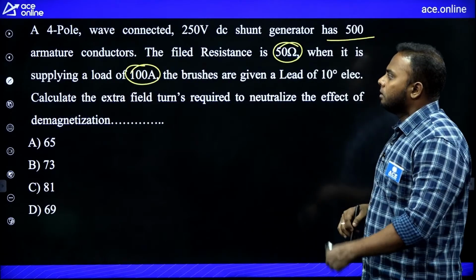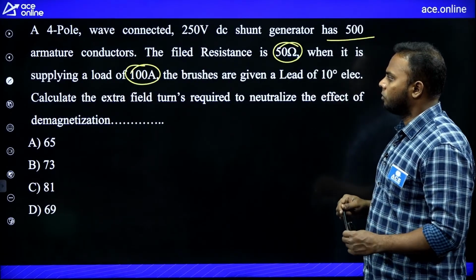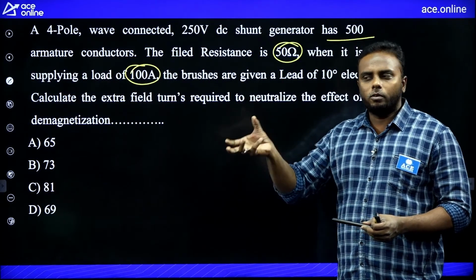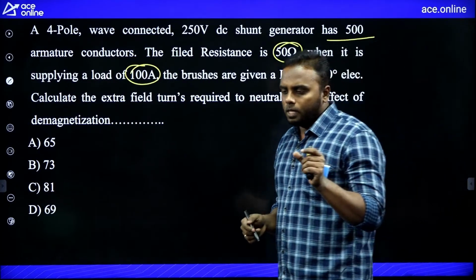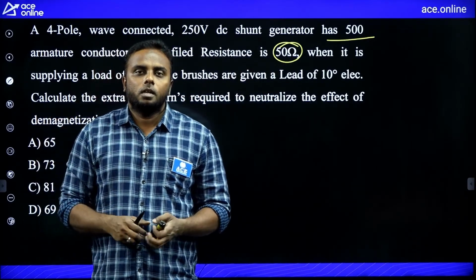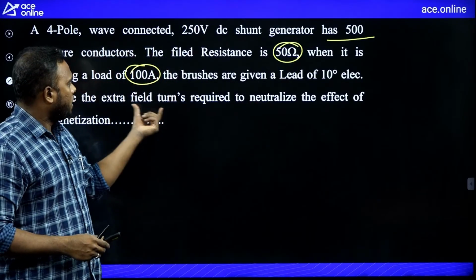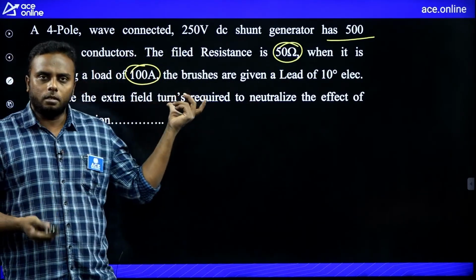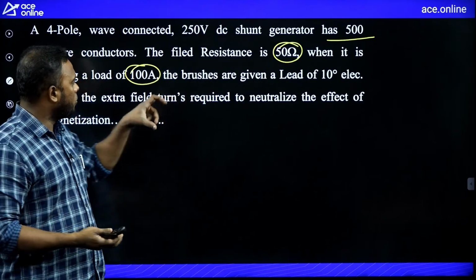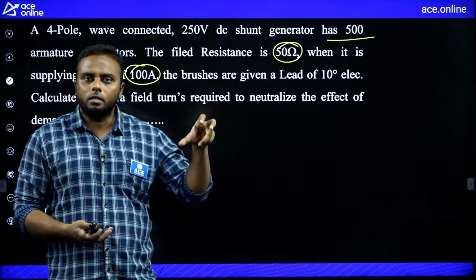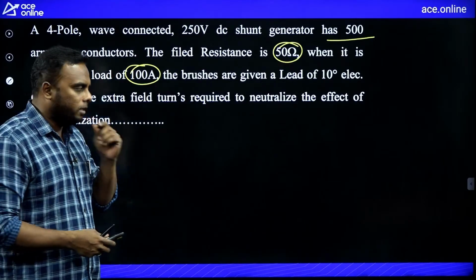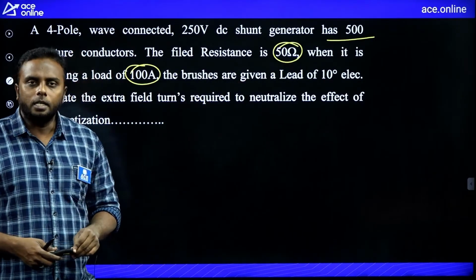First of all, whenever brushes are shifted, no? So here direction not mentioned means always you have to take generator direction only. Whenever brushes are shifted, we get an extra effect, which is demagnetizing effect. So whenever there is extra demagnetizing, they are asking what are the extra field turns. When there is demagnetization, some flux drops. To compensate that or to neutralize that, how many extra field turns are required in the field winding? That is the question. So first what you need to find, as brush is shifted by 10 degrees, you calculate